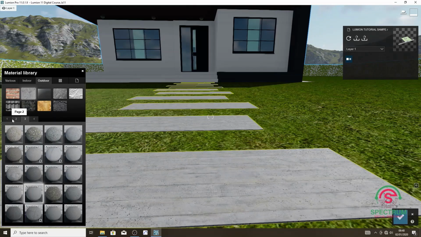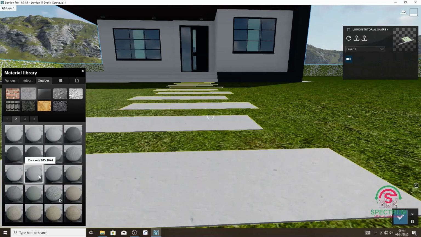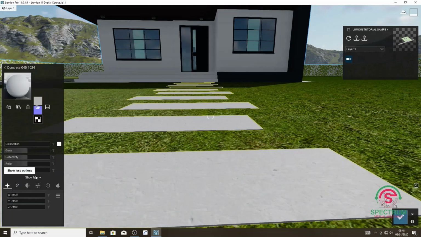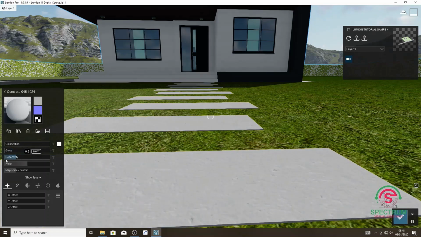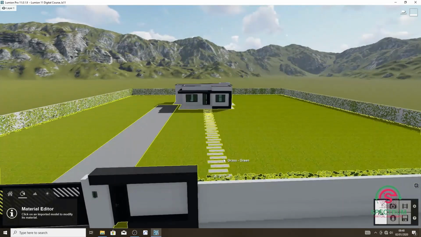We're going to select this material. Let me see which one is the best for this project, and I'm going to select that one. Change the settings as shown on the screen and click that. So that's how you change materials